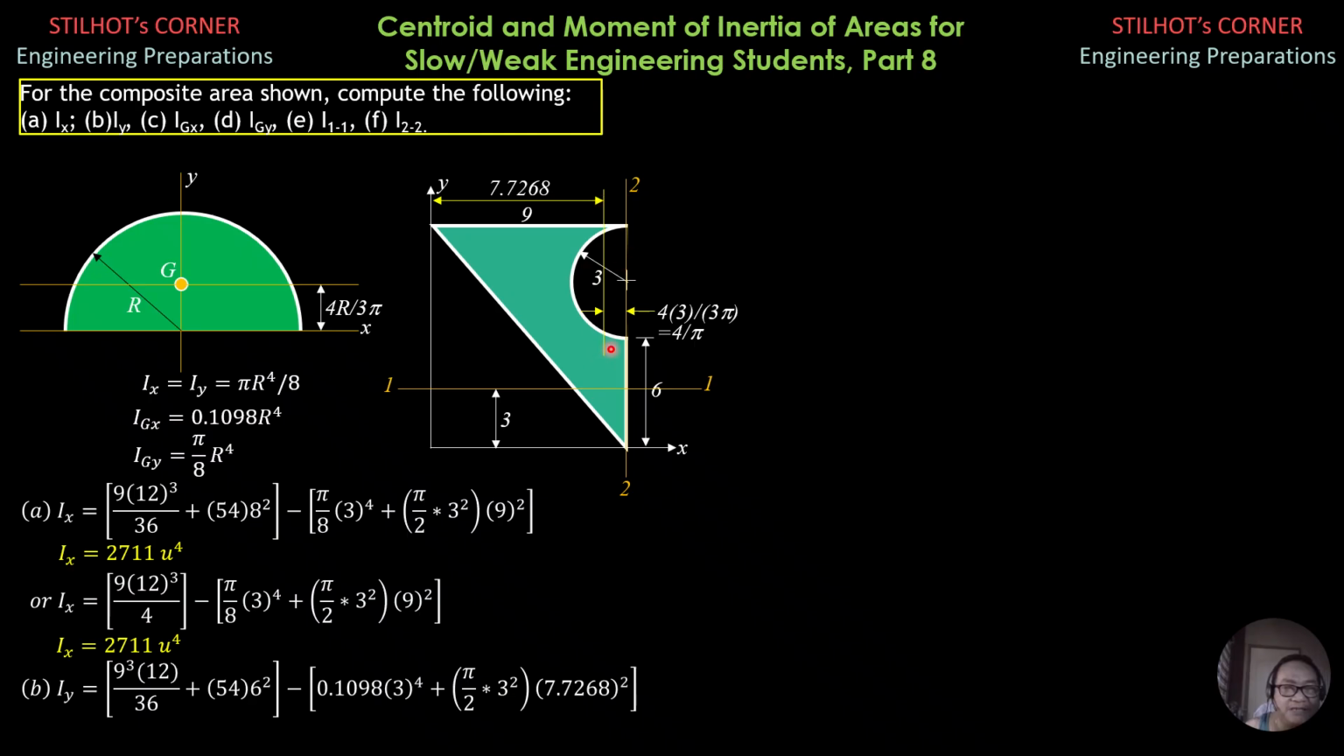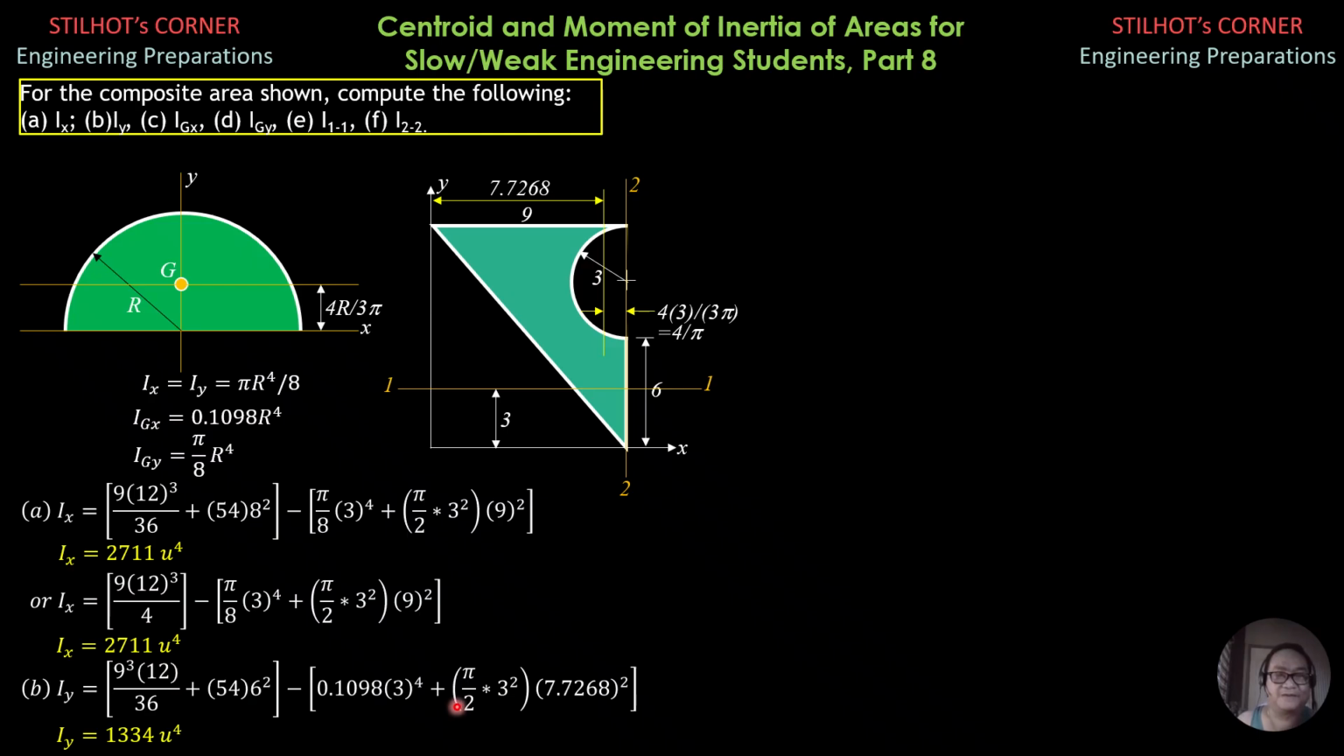IGY for the semicircle, 0.1098 r to the fourth, then plus area, which is 4.5 pi, then distance square, which is 7.7268, then quantity square. Computing, it is equal to 1334 units to the fourth. The other way is we replace this again by 9 cubed times 12 over 4 if you want, and this